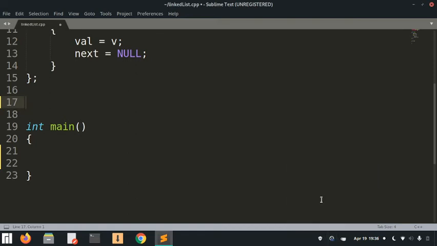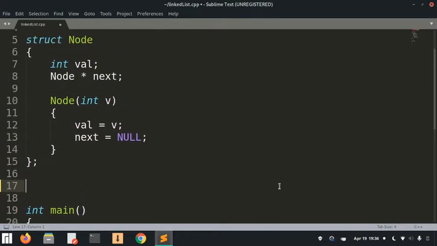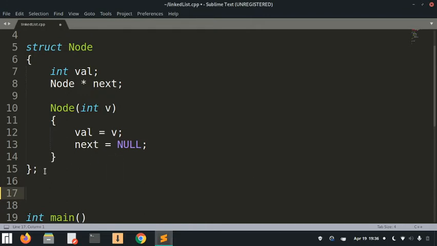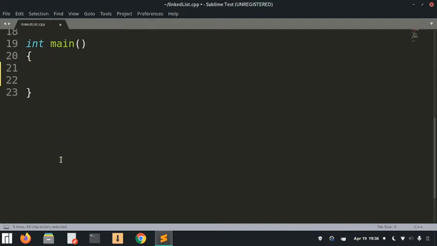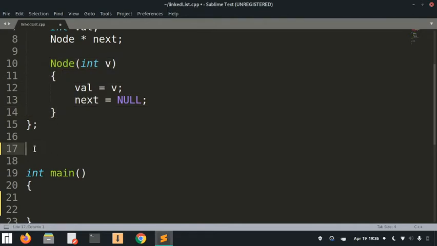Welcome to this online lecture series on linked list, and today we'll be coding the function called r_equal which checks if two linked lists are equal. We're going to use this code of node which consists of one integer value, one pointer to the next node, and this basic constructor, and that is all that we will need for now. And let's just get started with understanding what we are going to do for this question.